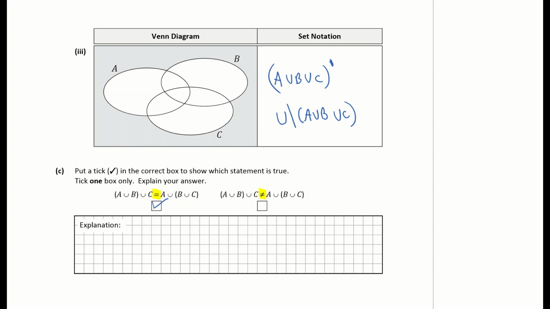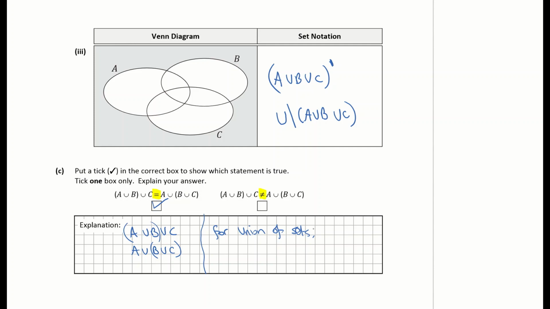So all they're doing there is basically moving the brackets. So we have A union B union C. So it doesn't matter if I put the bracket around the A union B or if I put the bracket around the B and the C. It's still going to be what's known as associative. The order doesn't matter. So that's all I'm going to state there, is that for union of sets,